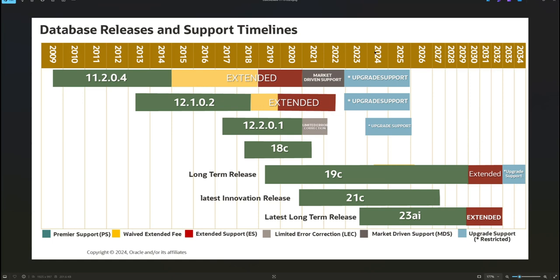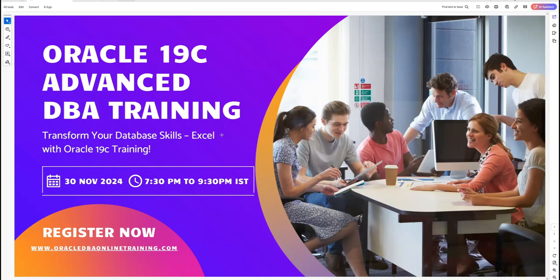Meaning that if you look at the current calendar year 2024, we still have 8 years down the line, or almost 10 years. So if you learn Oracle 19C today, definitely it is going to help you in your career. My recommendation will always be to go with Oracle 19C. And once you have a foundation with the Oracle 19C DBA track, then you can definitely manage any other new version of Oracle databases.